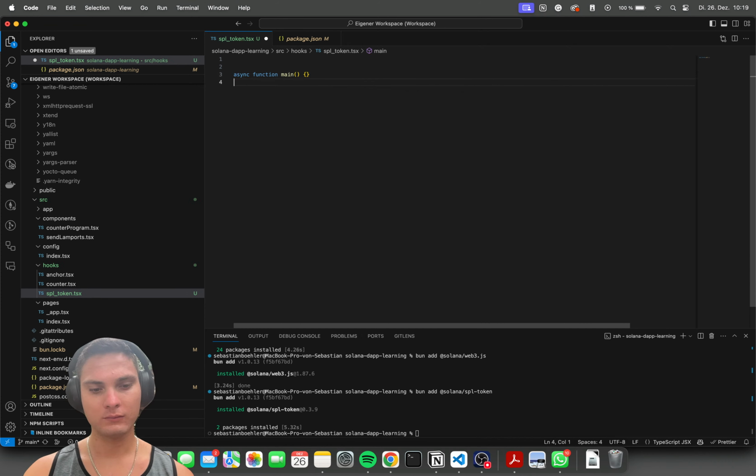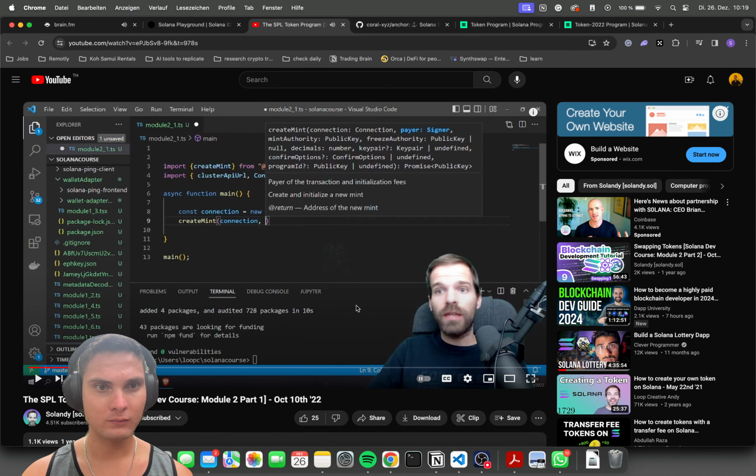Connection from DevNet, provide the connection. Then we need the pair, so we need to have some kind of a key pair. Let's see, what do we have from